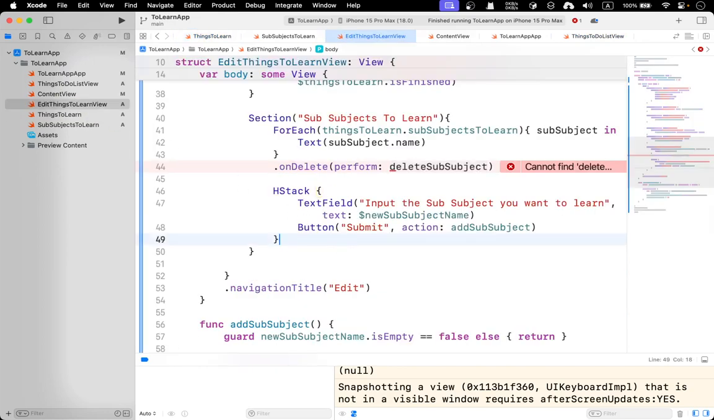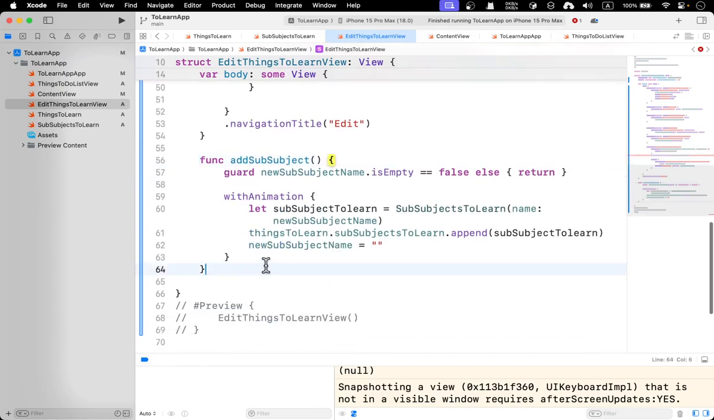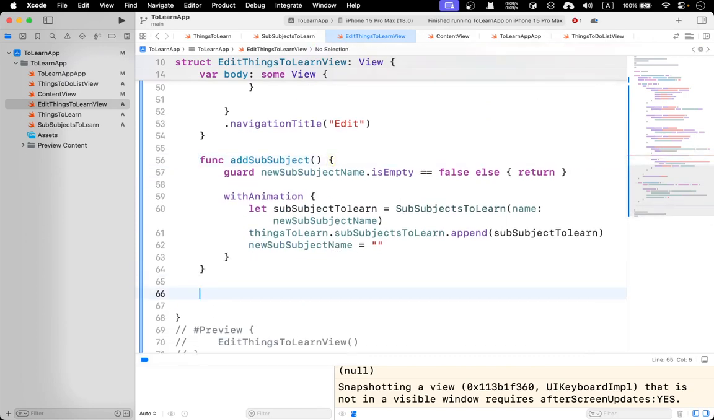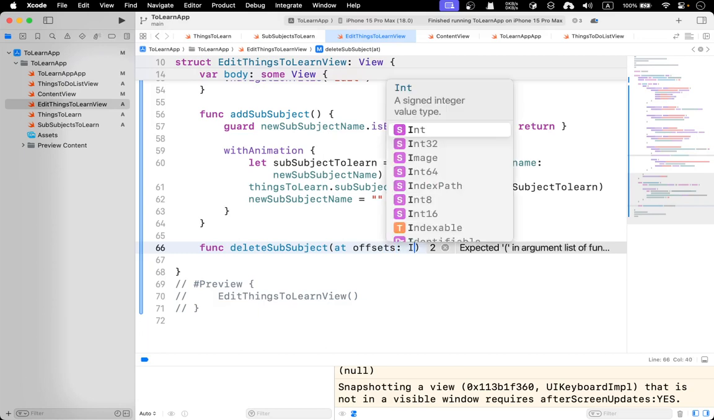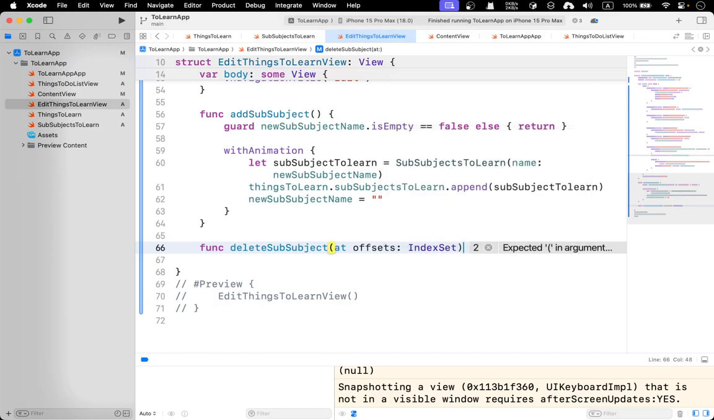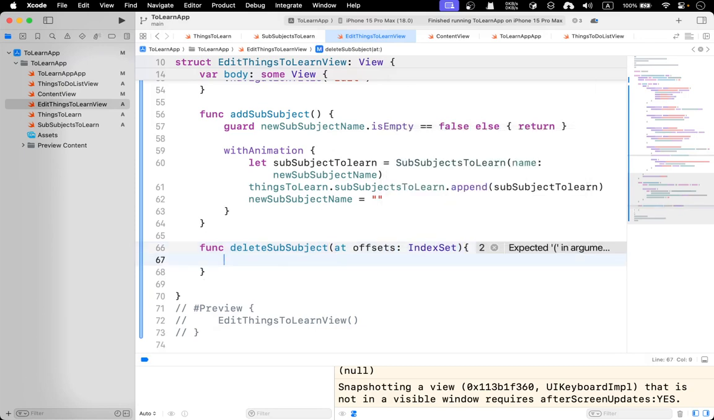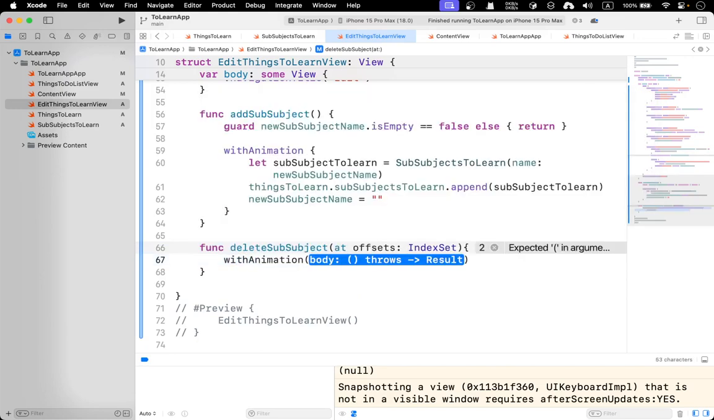edit. Okay, and we got add subject, and then we can have a function of delete subject. Okay, and then same method as a specific offset. Okay, and have index set. And of course we can have with animation, and run this,